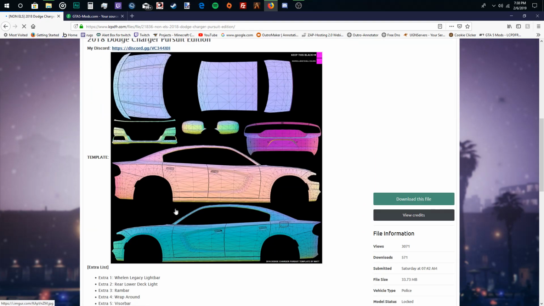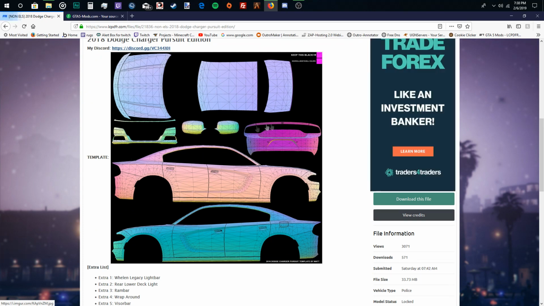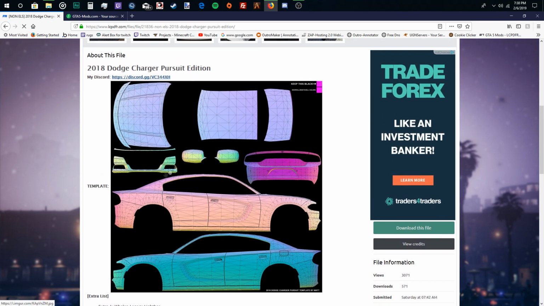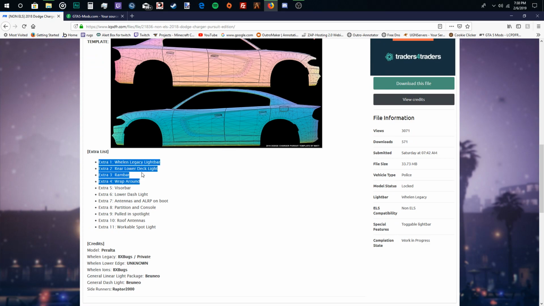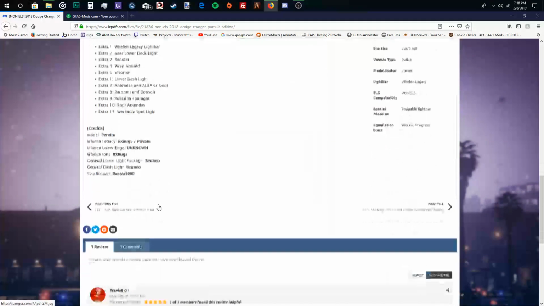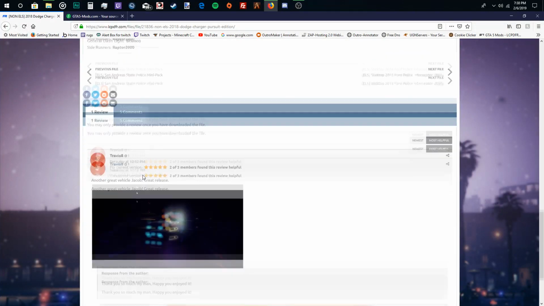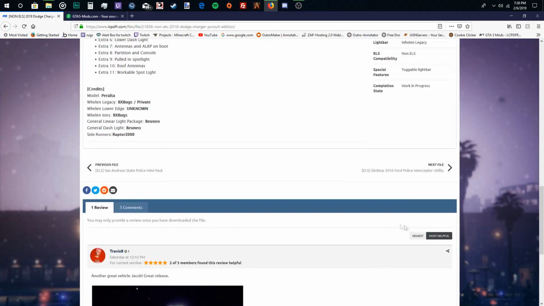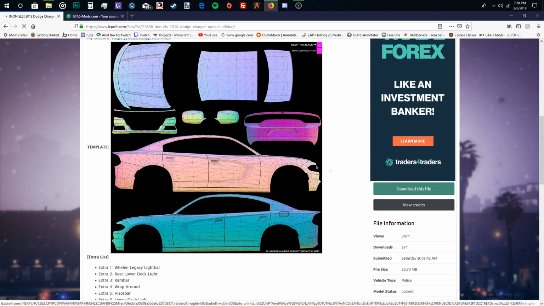Oh, and look at that, you can edit the skin. Maybe I'll show you another day how to edit the skin for vehicles. So you got wheels, all these extras. That's nice to have. I currently do not know what this is. It might be a replaced vehicle, but